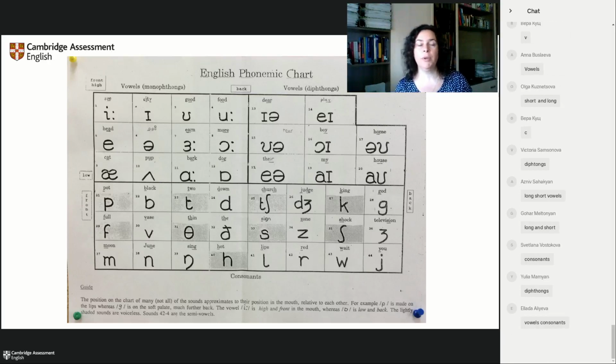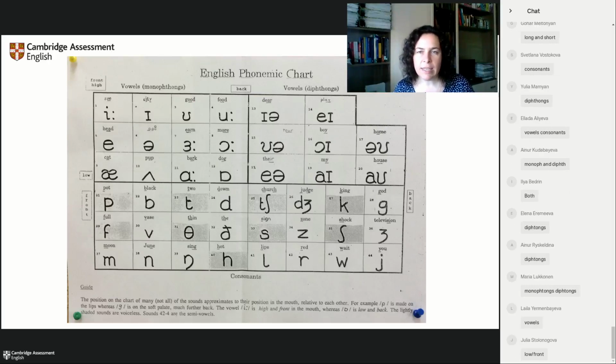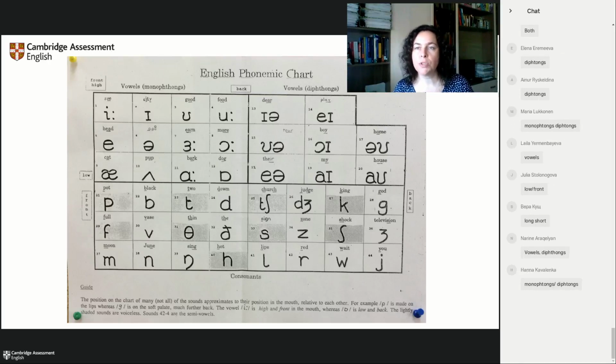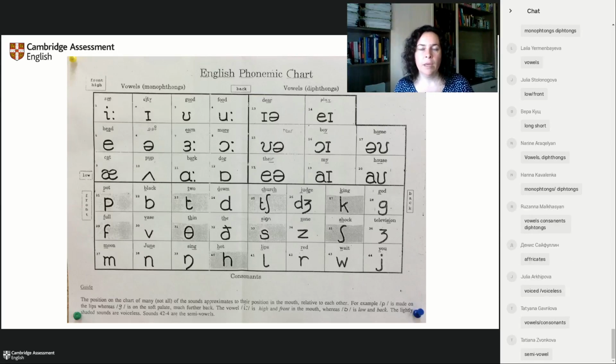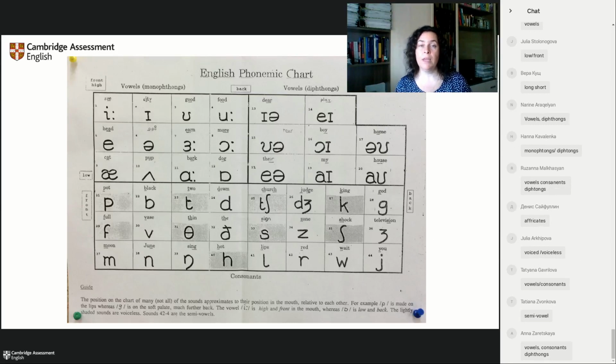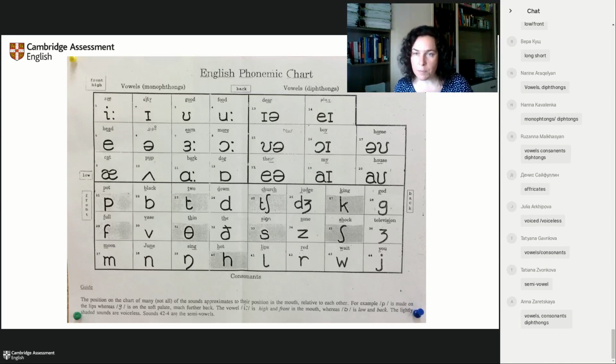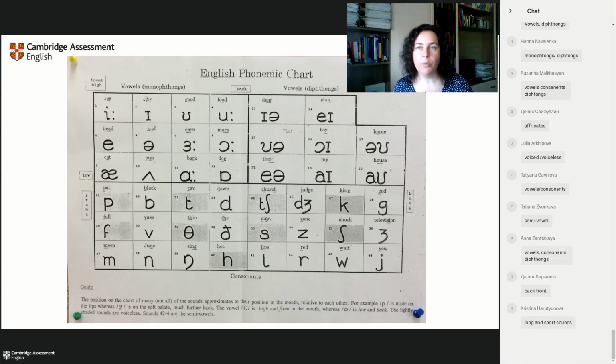Long and short, okay. So now let's actually focus on something that is highlighted here. Of course, we have two dots to highlight that this sound is slightly longer. Voiceless, oh, very good, and voiced, okay, glides or semi-vowels, very good. Yes, back and front. These things are very important here. Which